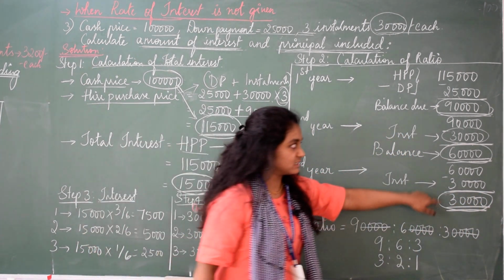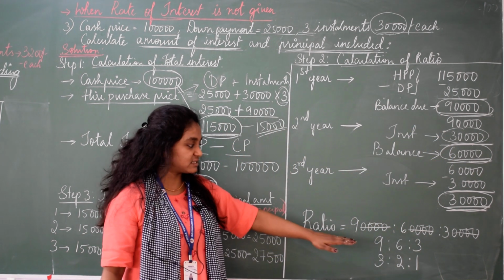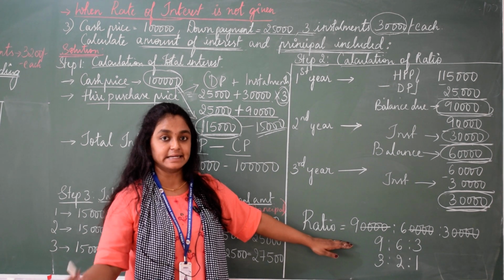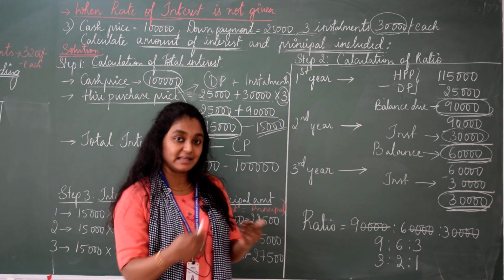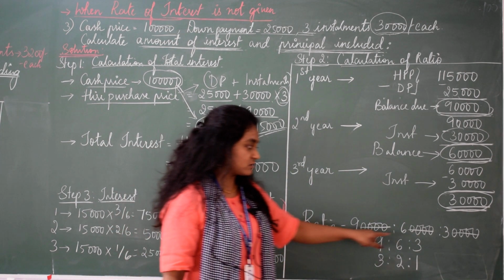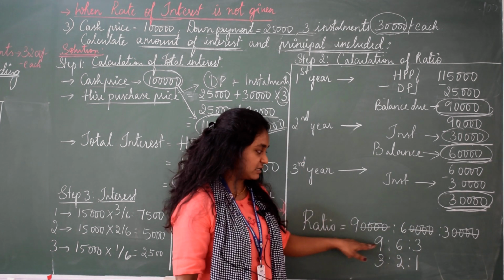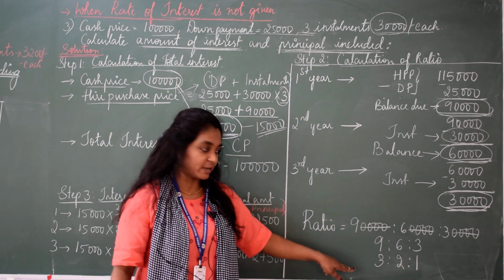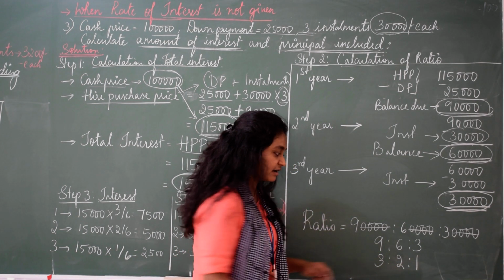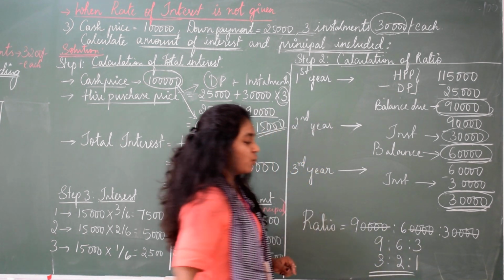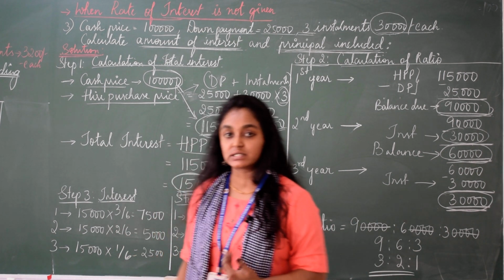So with this balance, that is 90,000, 60,000 and 30,000, we have to find out a ratio. This ratio will be used to allocate the interest. We have calculated the total interest. This interest will be allocated in each year. So ratio will be 90,000, 60,000 and 30,000. If you cancel all the 4 zeros here, you will be amounting to 9:6:3, which will be multiplied by 3 tables alone. So 3 3s are 9, 3 2s are 6, 3 1s are 3. You will be getting a ratio of 3:2:1. So this ratio is used in the next step to allocate the total interest value.